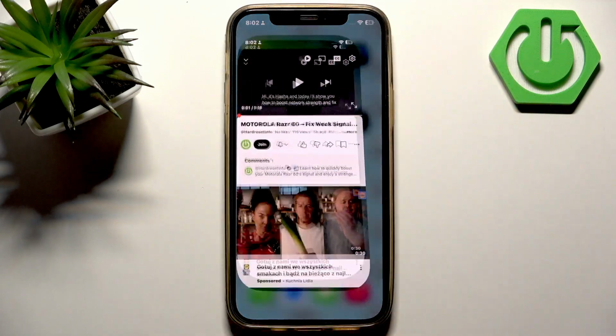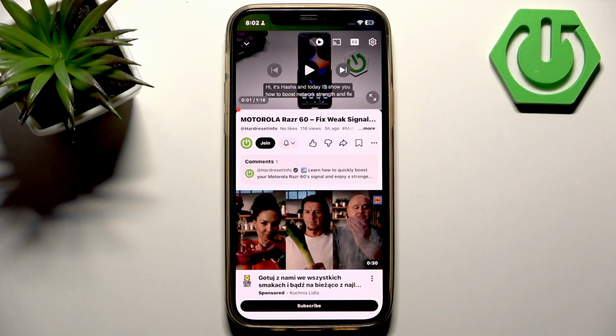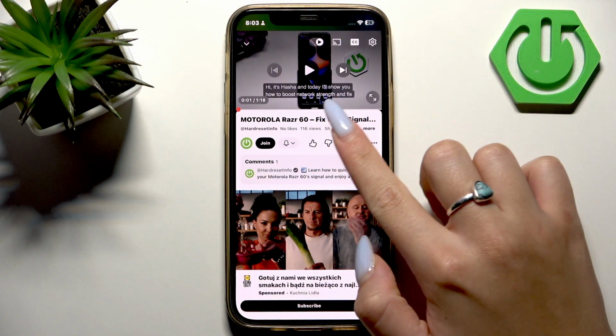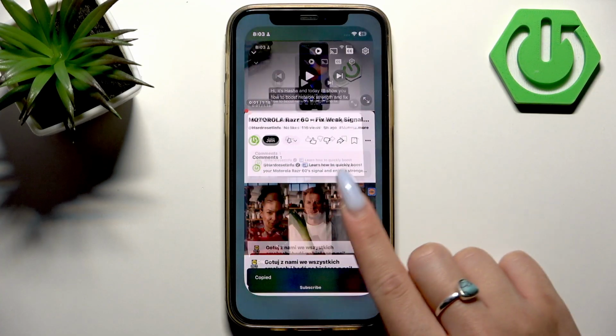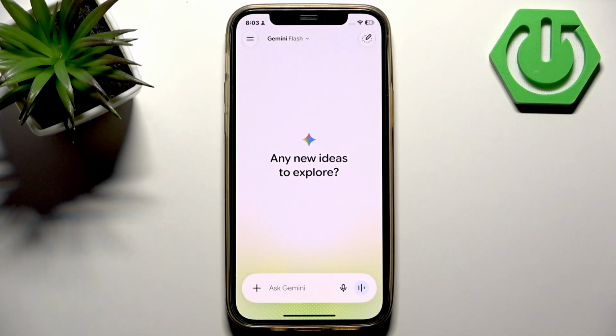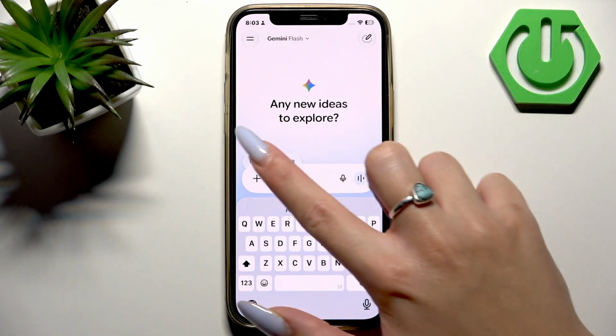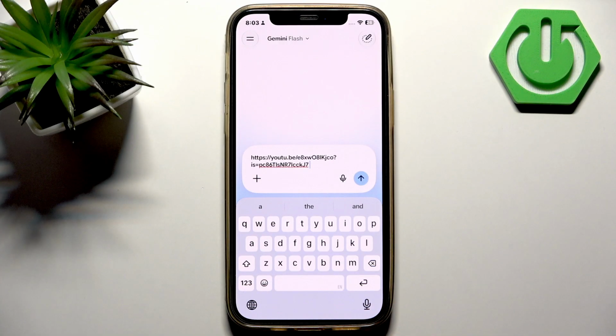So let's open the YouTube application first of all, and let's open a video. Then you want to tap the share button that looks like this, and now let's copy the link. Now open Gemini on your device and please paste this video link to the chat, and then you want to